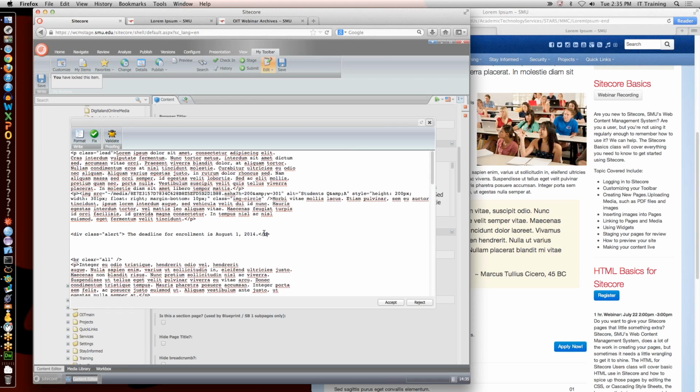So I'm going to change this to a div, and I'm going to say class alert, and that's fine. But in this case, I'm going to say that this is for alert information, or alert info. Helps us spell it right, otherwise it won't work. And I can then apply